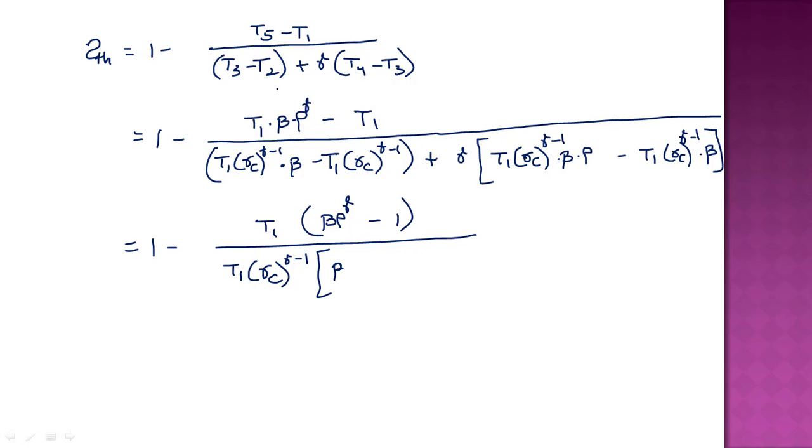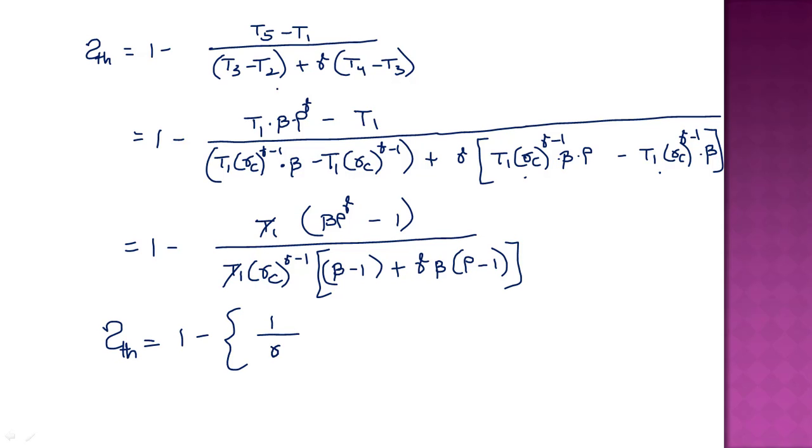So T1 gets cancelled, and finally we can write thermal efficiency as 1 minus 1 by RC power gamma minus 1 into (beta into rho power gamma minus 1) by (beta minus 1 plus gamma beta into (rho minus 1)). So this is the formula for thermal efficiency of a dual cycle. So we need to remember this particular